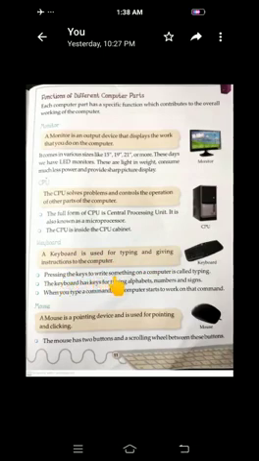Pressing the keys to write something on a computer is called typing. The keyboard has keys for typing alphabets, numbers, and signs. When you type a command, the computer starts to work on that command. Okay, babies? Clear?